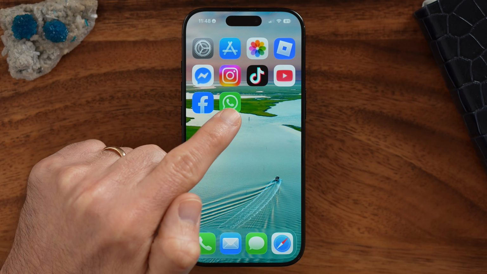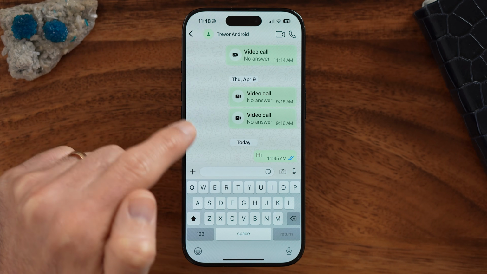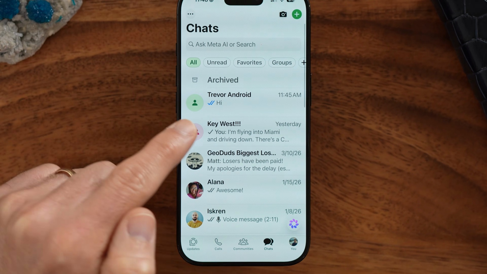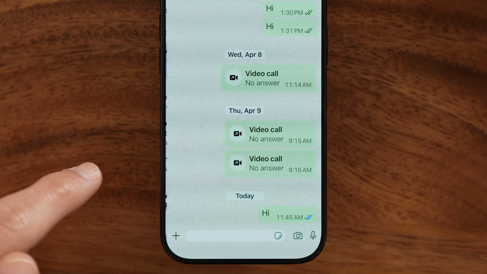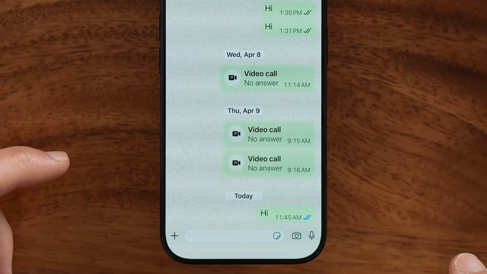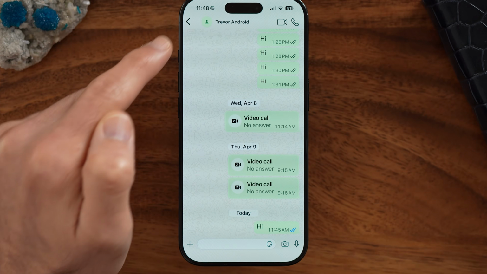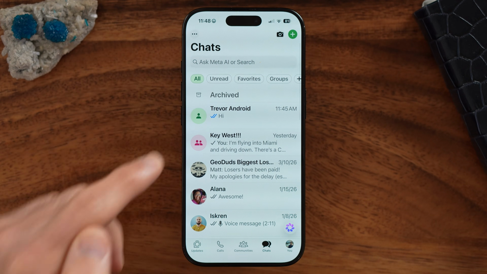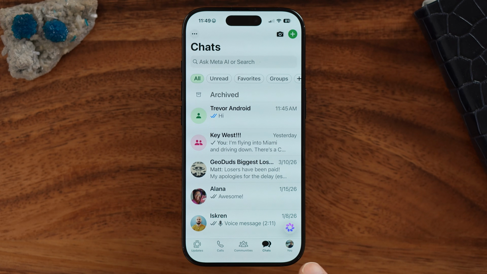Now, let's open up the WhatsApp app on your iPhone or Android. Now, you can see if I tap on a message and it has those two blue check marks at the bottom right here, that's an indication that this person has read that message. Let's turn that off. To do that, we're going to tap on the You button at the bottom right